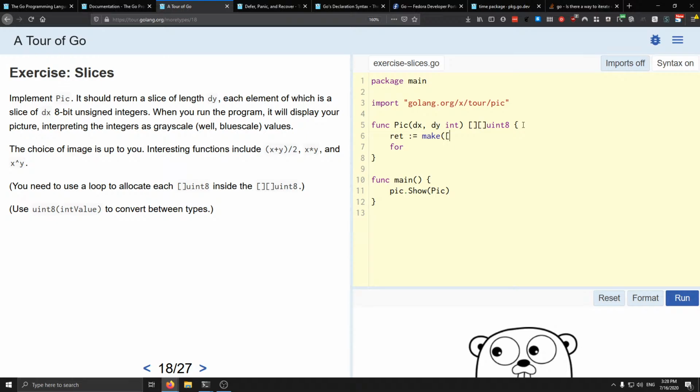Make uint8 dy. Yes, for y and value range sub, make. Oh god, I can't type. And we create that,